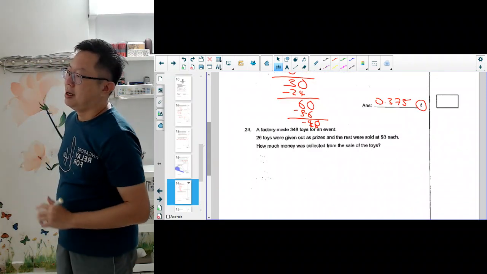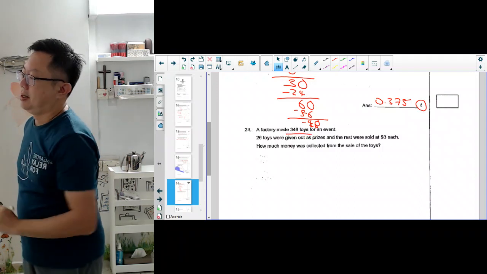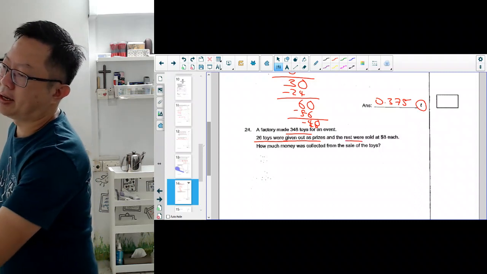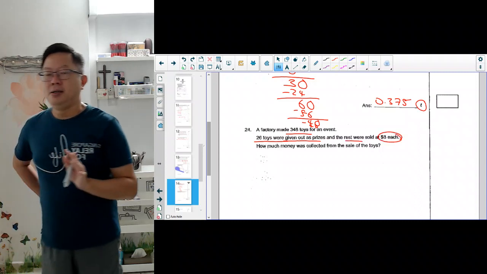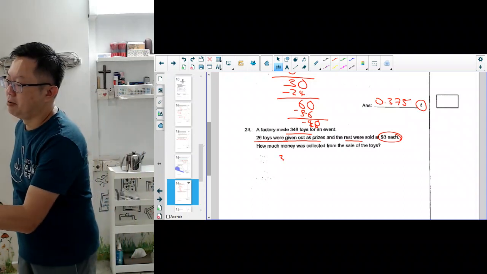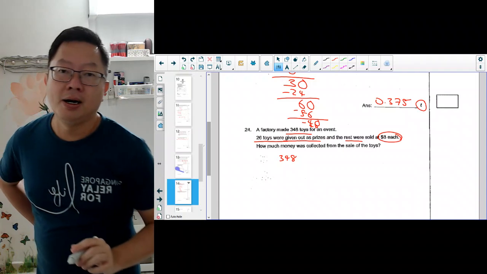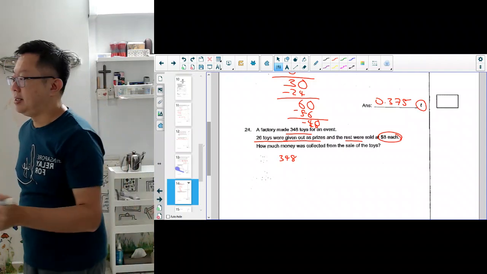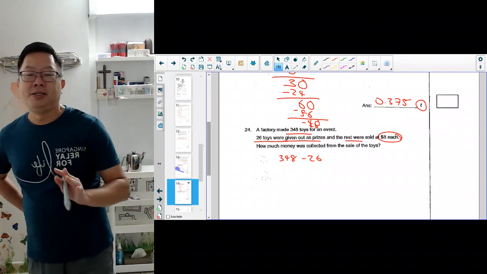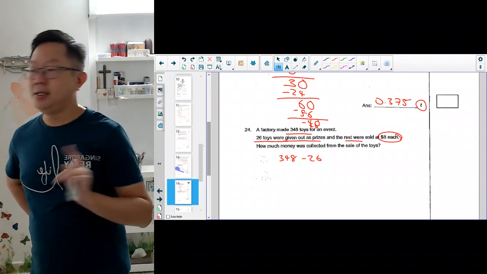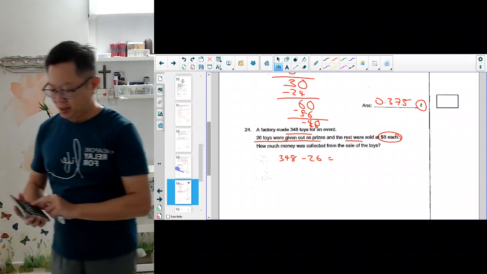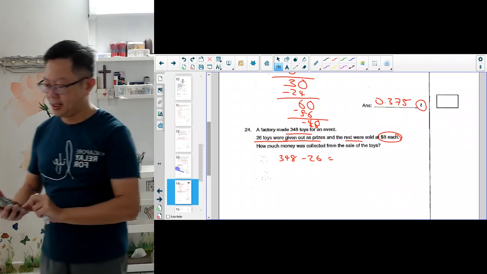Okay, question 24. A factory made 348 toys. 26 toys were given out as prizes, and the rest were sold at $8 each. So this is your logical thinking, right? When you have so many toys at first, which is 348, then you give out 26 toys, so you have to minus, right? When you do math, it's either plus, minus, divide, or times, right? In this question, give out means you have to minus. When you minus, you will have lesser. So you have 348 minus 26, you will get